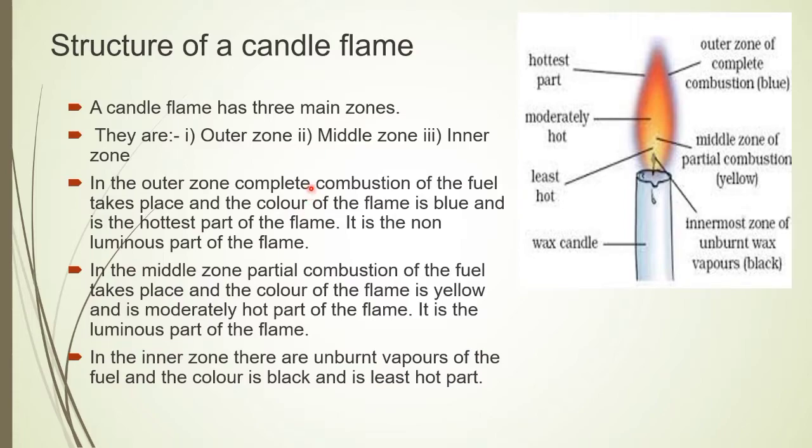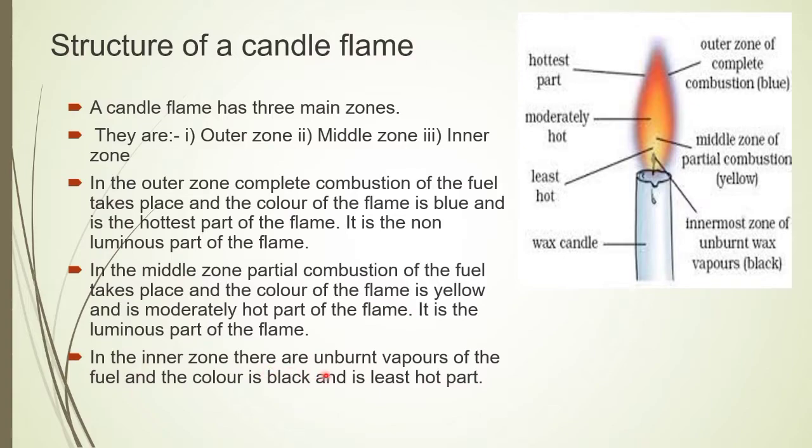Okay, that is why they produce a yellow color. They also produce a moderate hot part, a very light one. It is not too hot, so it is a moderate hot part. Okay, next we have the last zone, that is